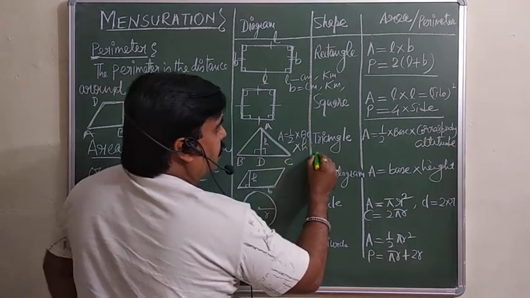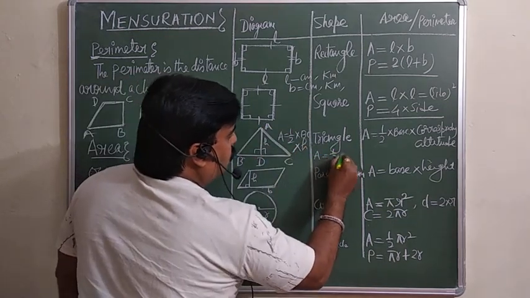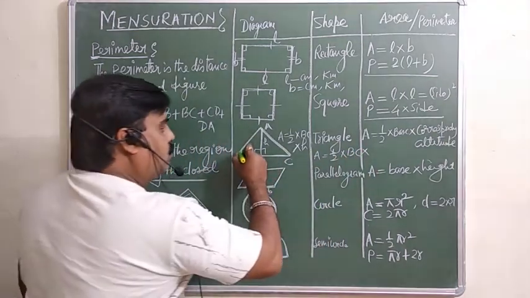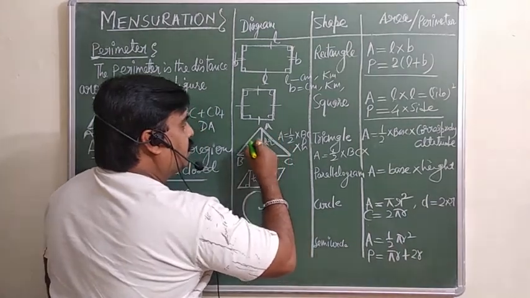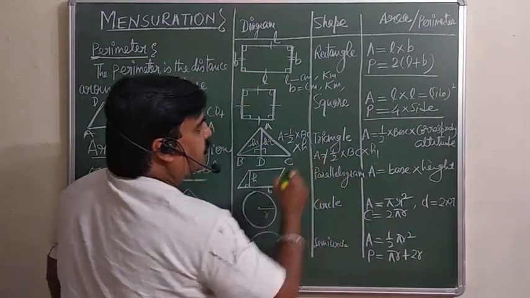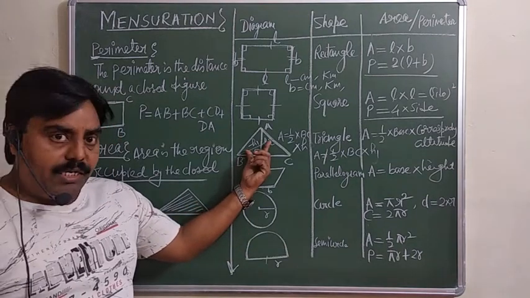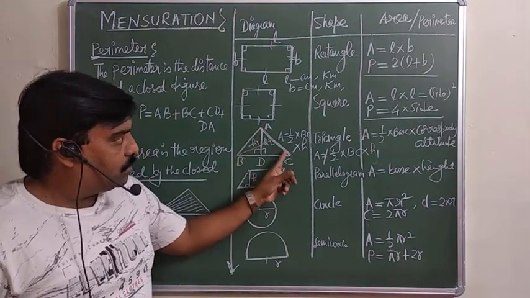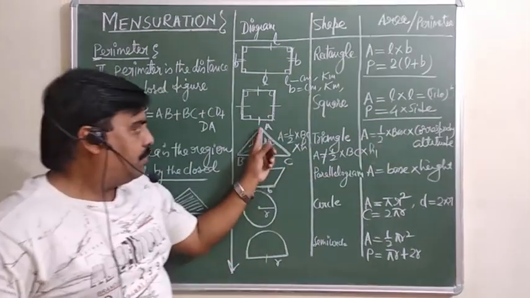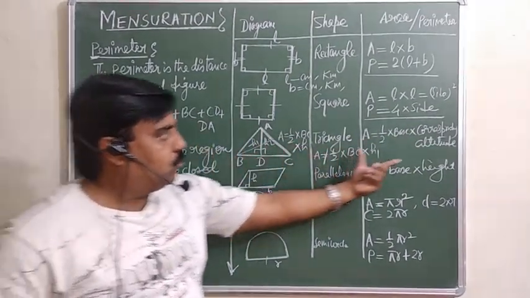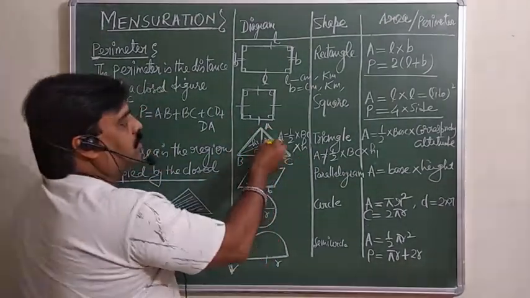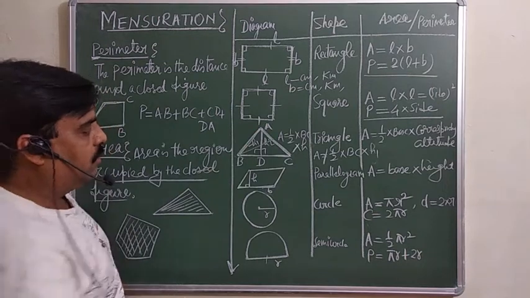You cannot say that area is equal to 1/2 if you are taking BC as a base, and the perpendicular you have taken from here, this one, that is the H1. It will not give you the area of this triangle. If you are taking this perpendicular, then corresponding to it, this side you are supposed to take as a base. Corresponding altitude means the perpendicular should fall on that base itself. So you should be very careful. If you want to calculate the perimeter, add all these sides and you will get the perimeter.